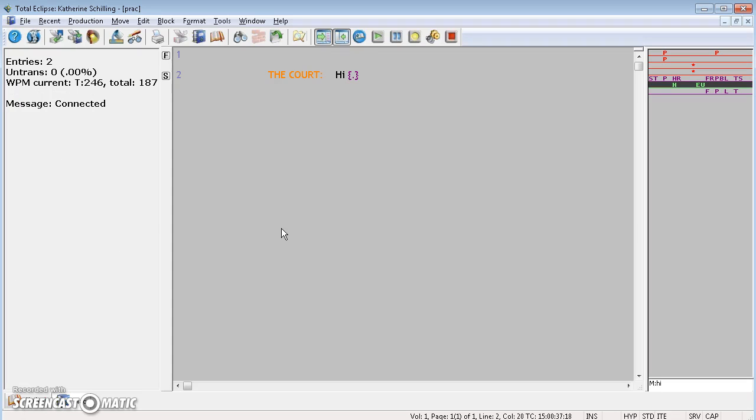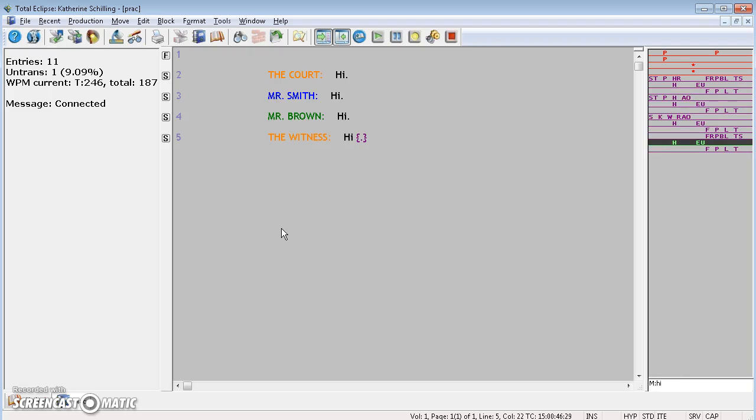We can have the court saying hello. I was doing an exercise with someone to get it to work, and everyone just says hi to each other. Then the plaintiff says hi. Defense says hi. The witness says hi. Everyone says hi. So you'll notice here that orange matches the color I had selected as part of my speaker